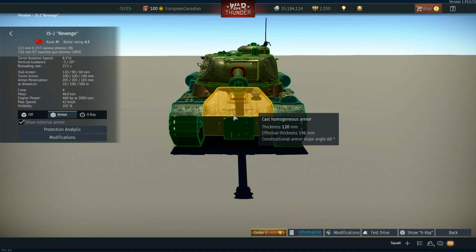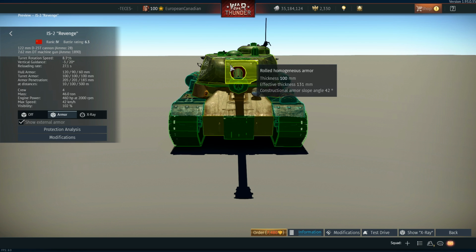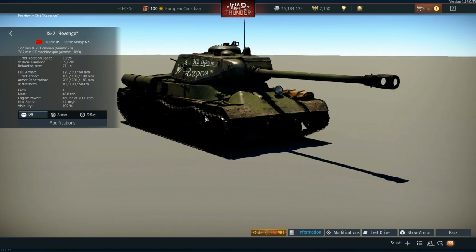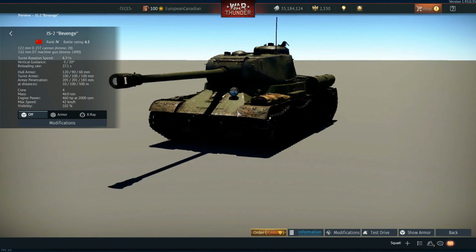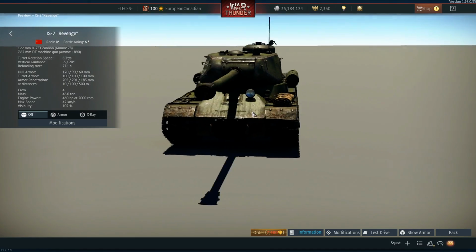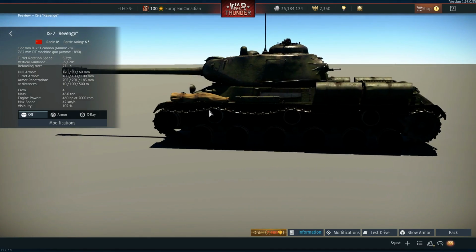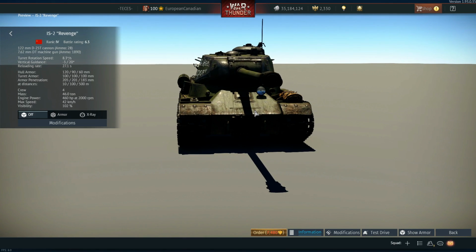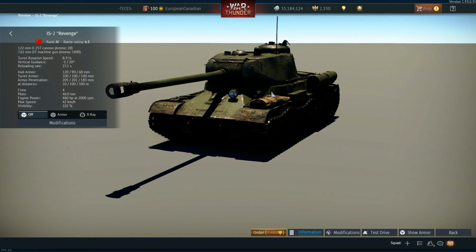Like, the upper glacis and lower glacis generally are actually pretty well armored. The problem is the turret. So for me, the IS-2, just like its brother, the IS-2 1944, really struggles with the fact that the gun took a massive hit when the DMR formula was introduced, and also the armor just does not stack up to the power creeped heavies that were added at the 6.7 BR, which is a BR you're going to get uptiered